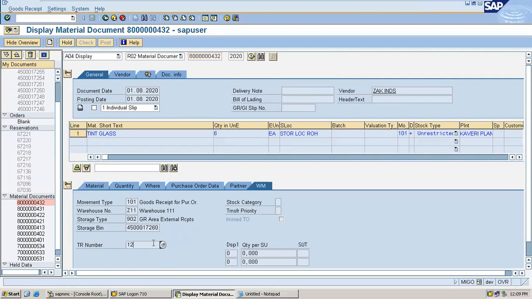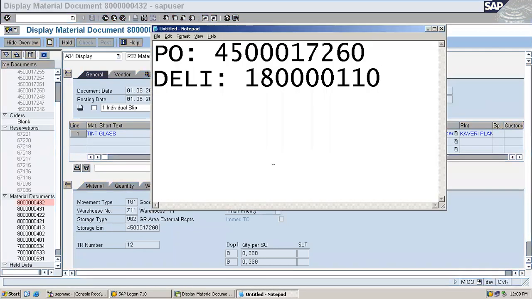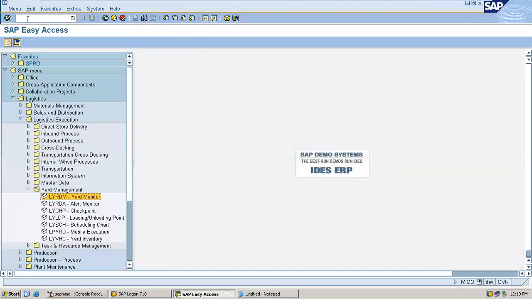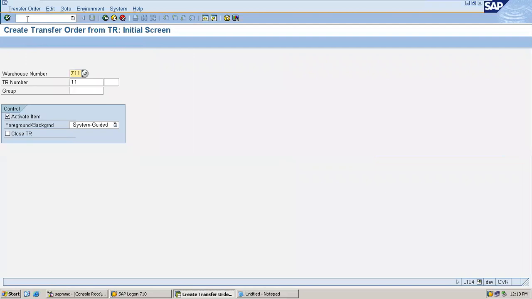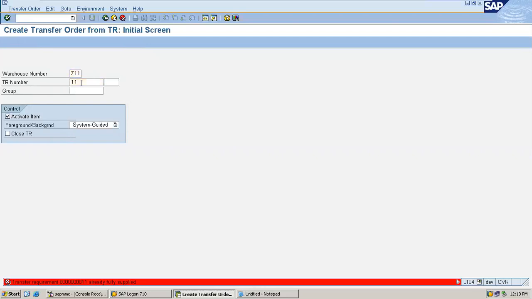See, TR number is 12. Now go back. I'm going to confirm the transfer request in LT04. I'm going to create a transfer order based on the transfer request. Press enter.